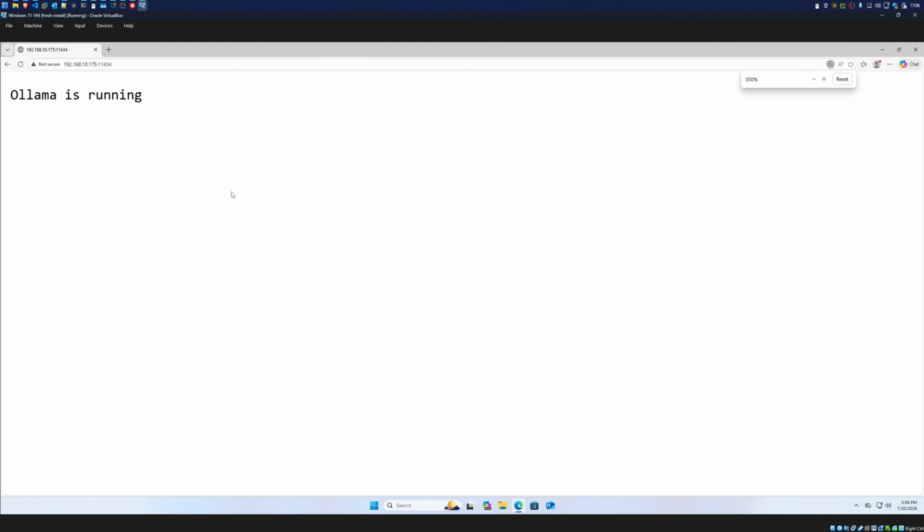Now, it's important for you to know that this is still private. Nothing is being sent back to your main PC. We're just using our main PC's hardware to do the calculations for the local AI. But none of the commands or anything like that is being run on our main PC. That all happens inside of the virtual machine.